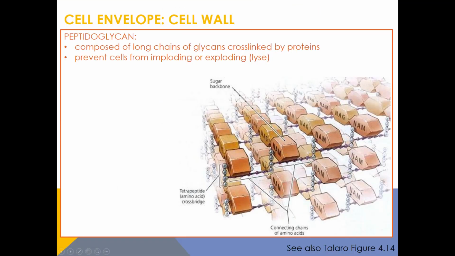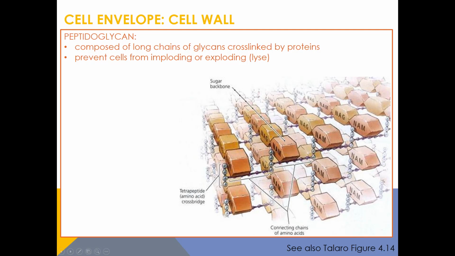Well, it's in the name. When you talk about glycans, we're talking about long chains of sugars, and they're repeating sugars. You don't need to know N-acetylglucosamine and N-acetylmuramic acid. That's what's abbreviated there. But you do need to know that it's long chains of sugars. That's the glycan. And when you have long ribbons of sugars, that doesn't create a cell wall. That just is long chains. So they have to be cross-linked to make this thick mesh network.